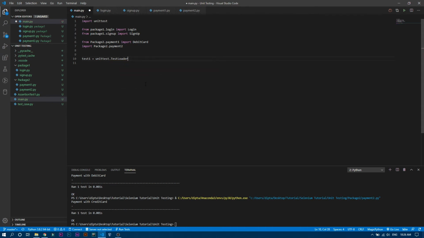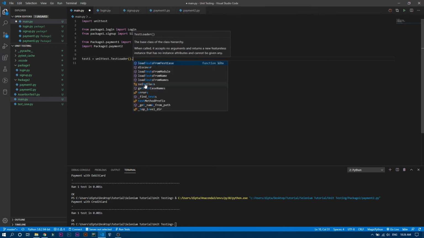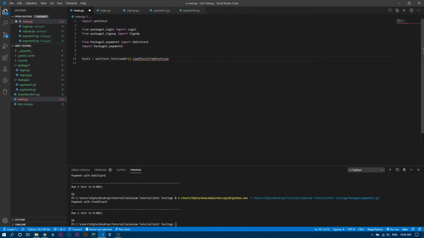Okay, and then this is a method, so we have to write parenthesis and then dot, and you will get a suggestion like loadTestsFromTestCase, so choose that one, and then we have to pass the test case which you want to perform. So the class name is actually Login, so we just need to write Login, that's it.